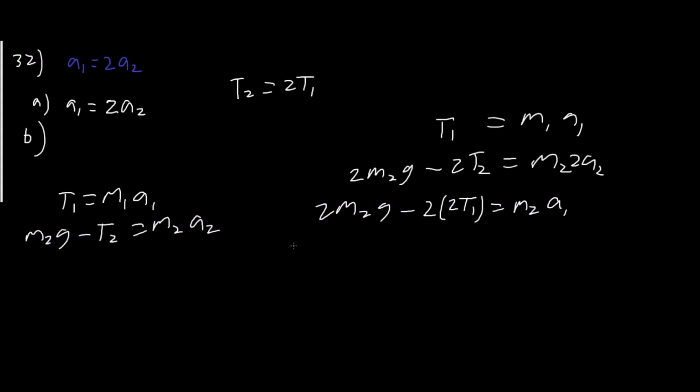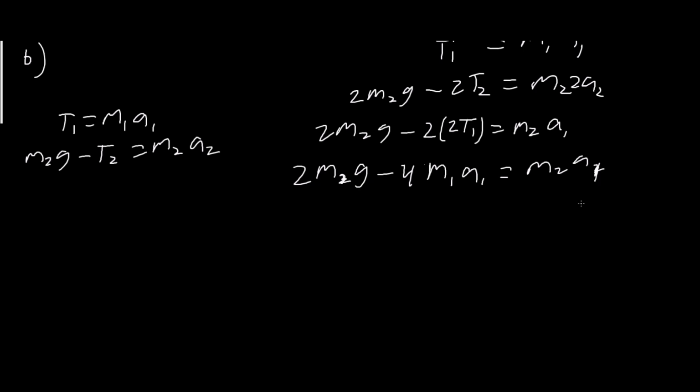From there, we're going to rewrite this to M2G minus 4 T1, or in this case, M1 A1 equals M2 A1. So therefore, the acceleration of the object 1